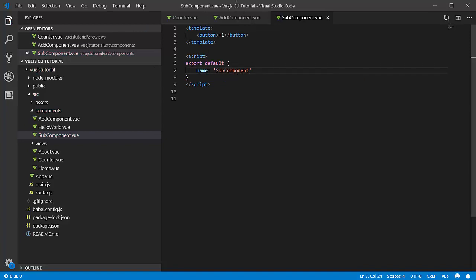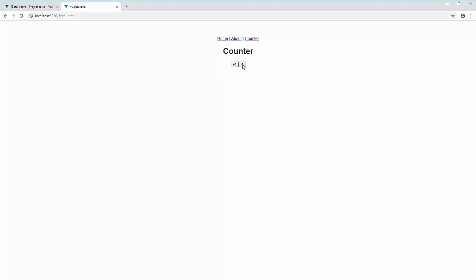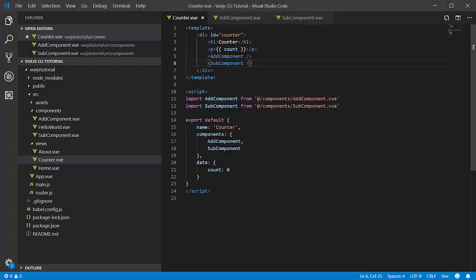So if I save all of these files, just notice that I called these AddButton and SubButton here, but I've been referring to them as AddComponent and SubComponent. So I'm just going to come in here and change this. Now, when we actually go back to the page, what you're going to see is that this doesn't quite work as I have it set up. So I have the buttons here, and of course they don't do anything, but you'll notice that I don't have my count being output. And the reason for that is that in order to specify the data on a component,